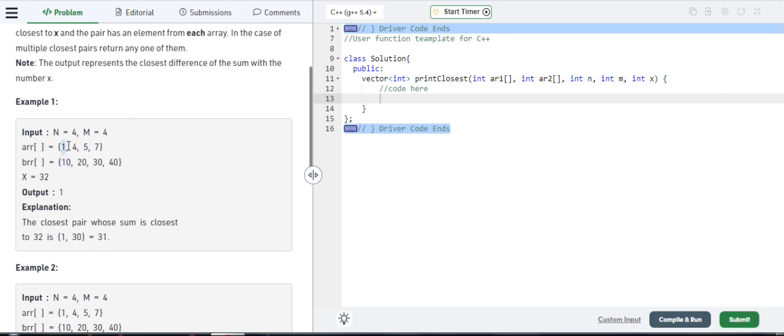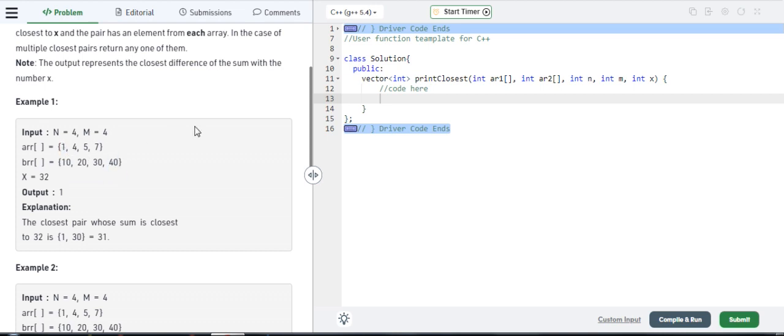Like this, take 1 and 20, take 4 and 30, take 4 and 40, and so on. Assume that all sums are present in one set. And one thing is, the mid sum is 1 with 40. It is the mid sum